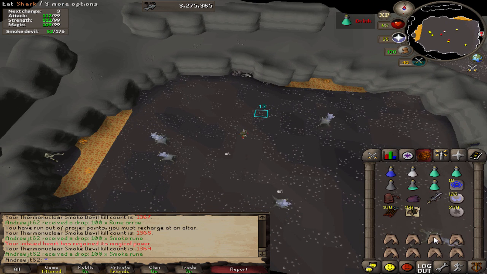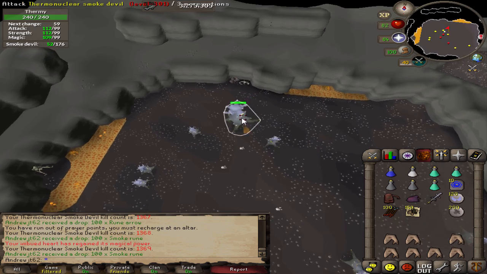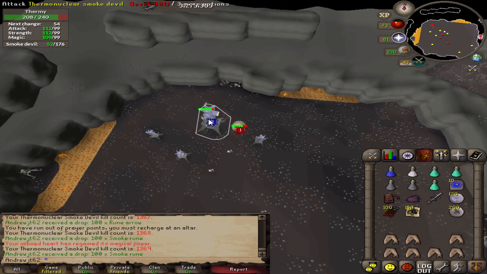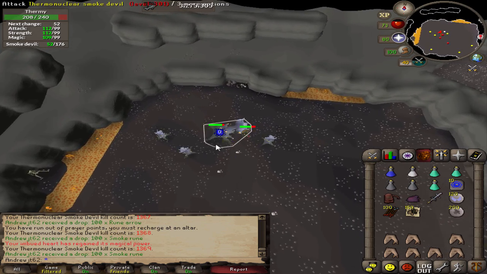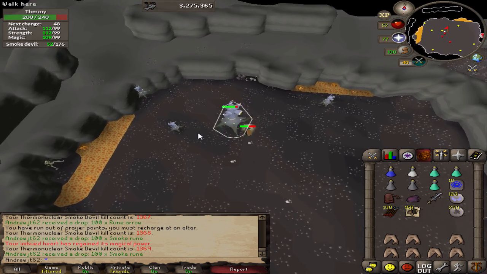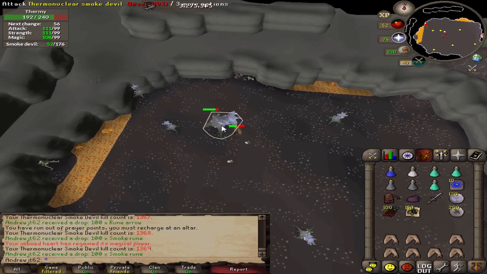For one, they can make it so the occult necklaces don't drop from the baby ones, which are very good XP, by the way. Another reason not to kill the boss, because the baby ones are very good XP and they're very AFK. Maybe they can make it so only the boss drops the occult necklace, which would definitely make it increase in value. And they could maybe add a signature drop, like, for example, they could add a new